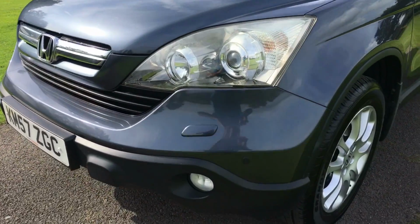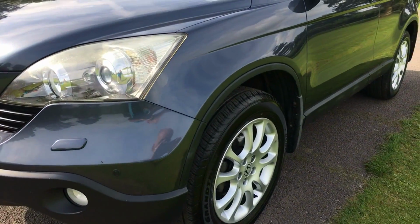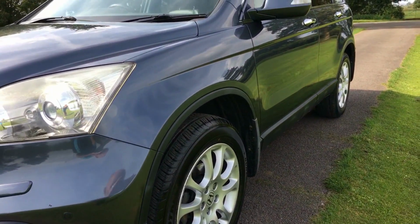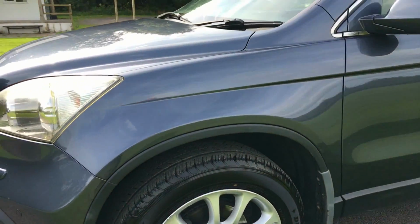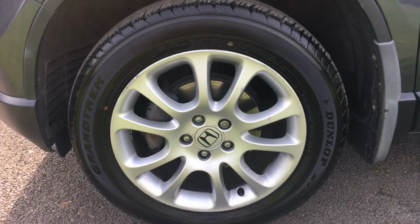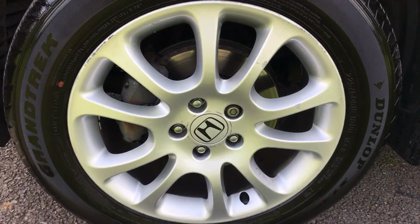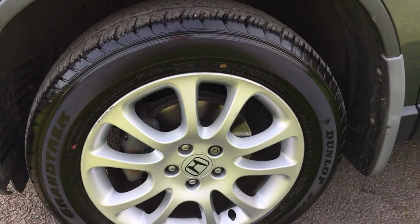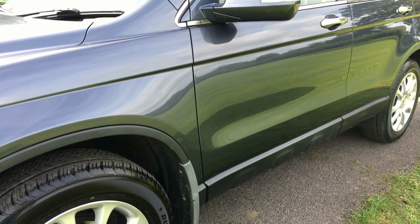Bumper corner on this side, again completely scuff free. And then just go down, panel work is absolutely mirror smooth. Front wing unmarked, alloy wheel on the front here, really good. This is the only marks I can see on the car apart from one of the other alloys, I think. A couple of tiny little blemishes on one of the spokes there, a couple of the spokes, but I should